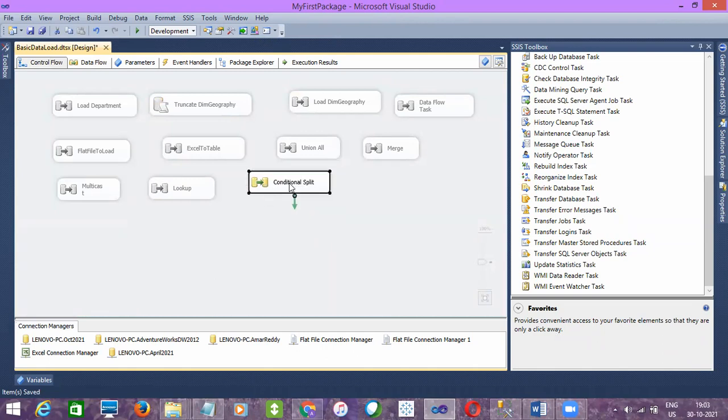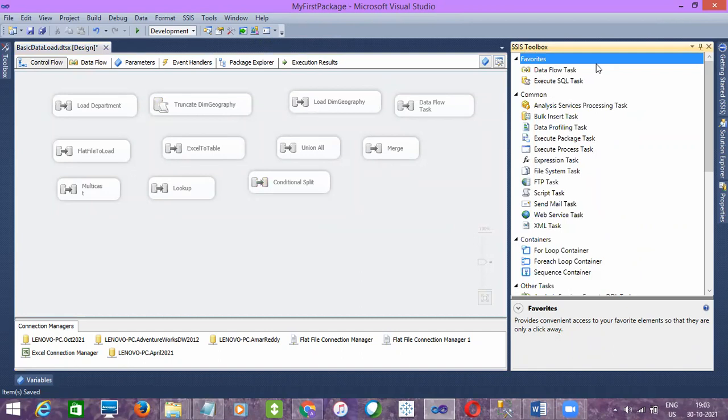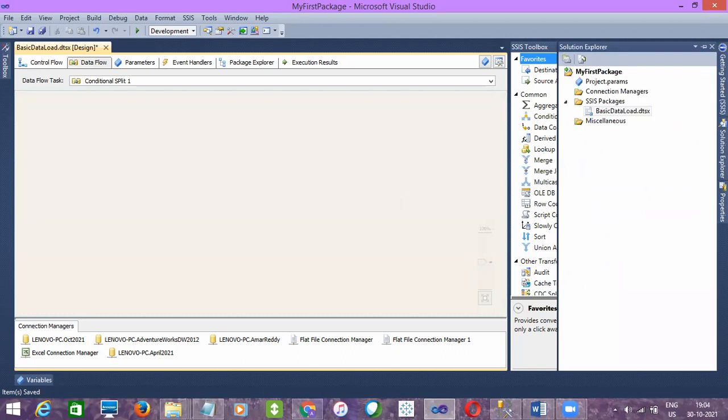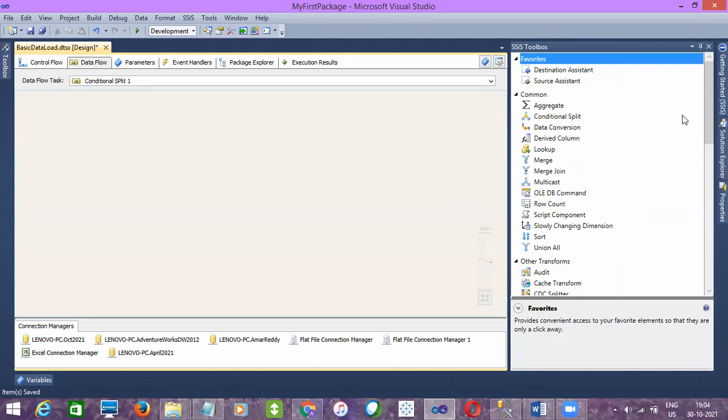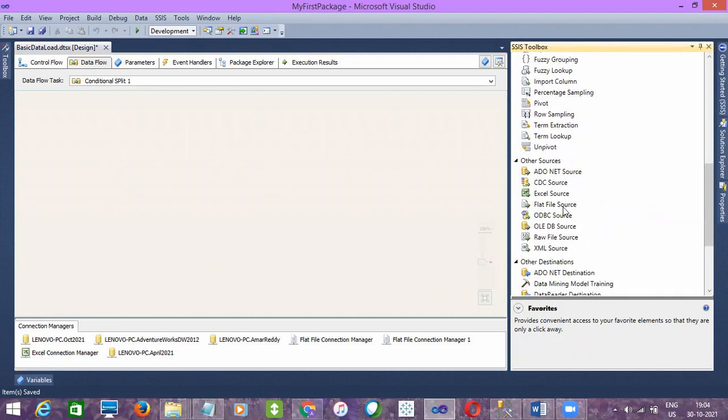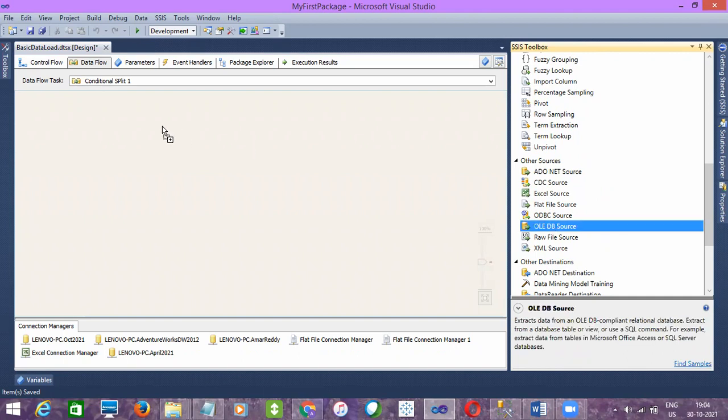Okay, maybe let me take a different example and see. Let me quickly configure what the fault is with the split. Conditional split 1. We'll take quickly a source, OLEDB source.